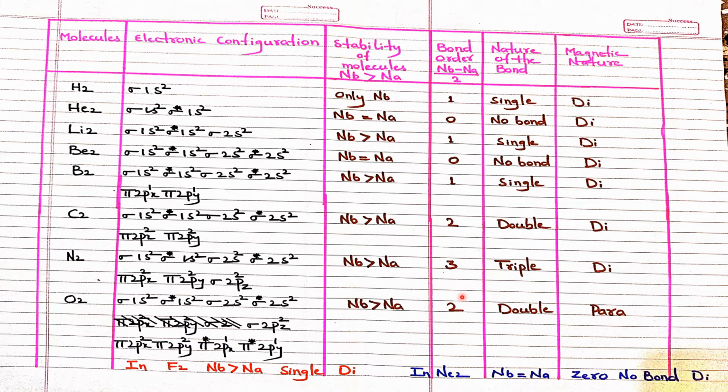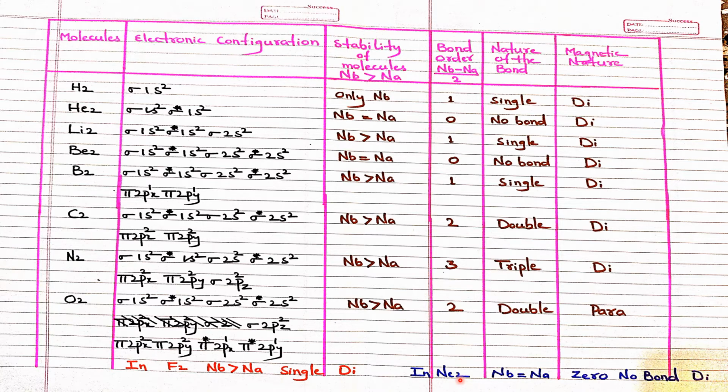See, this is the table, and these are the first 10: 1, 2, 3, 4, 5, 6, 7, 8, 9th at the bottom, and the 10th also here at the bottom right side. So today we have to understand how to write electronic configuration for these homonuclear diatomic molecules. I told you to be ready with the electronic configuration arranged in increasing order of energy level, from the previous slide. Now first and foremost, very important, very simple, the hydrogen molecule.